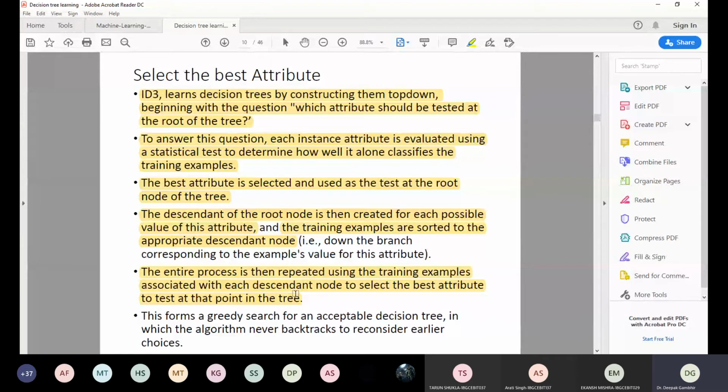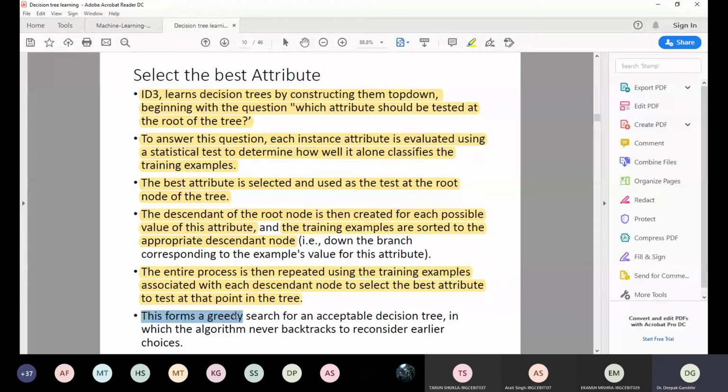First we choose a root node, then a leaf node, then a descendant node. From that descendant node, we will keep on testing what could be the output in that case, whether it is able to classify all the training examples correctly or not. If it is able to classify the training examples, then it is chosen.